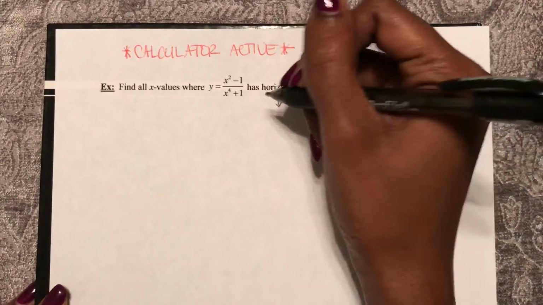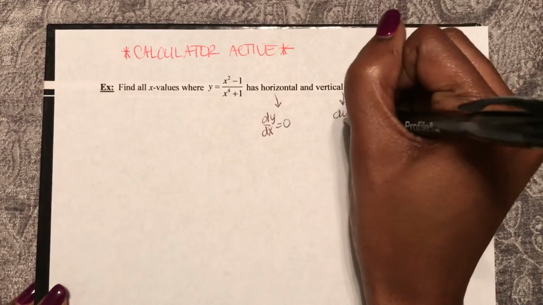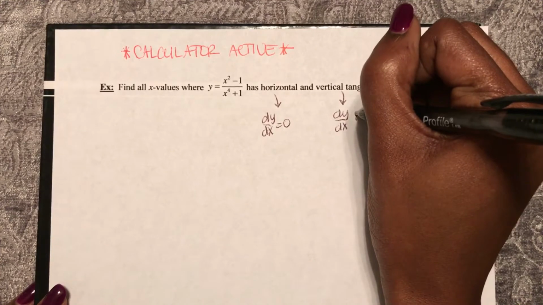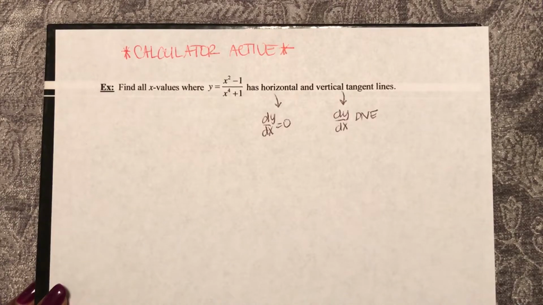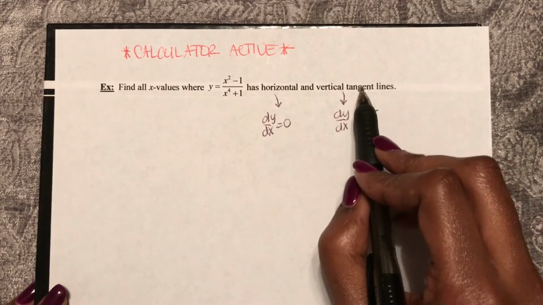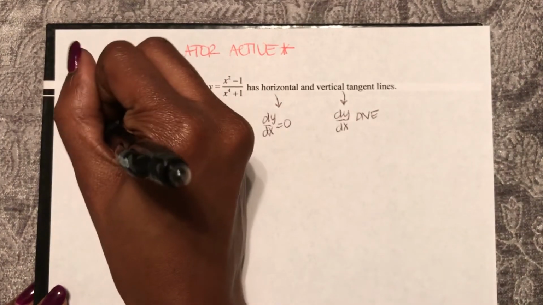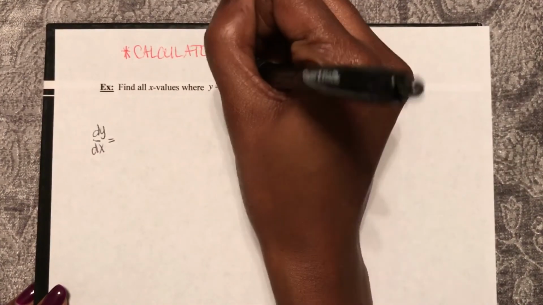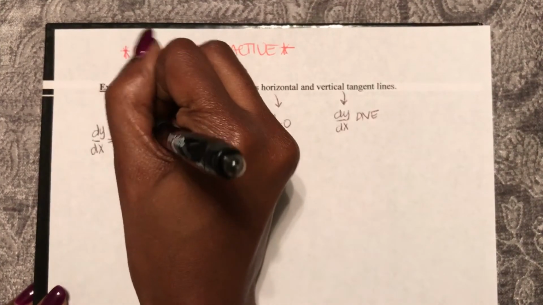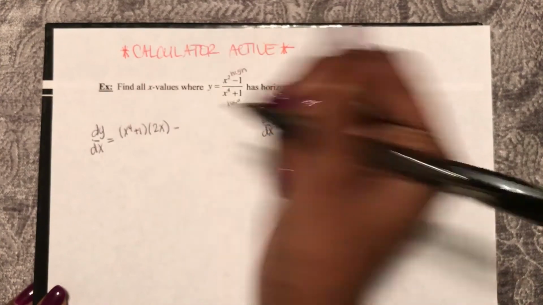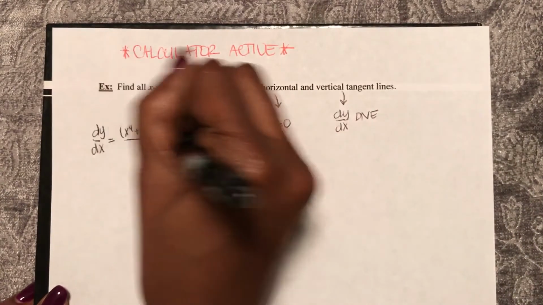So this is when dy/dx equals 0, and this is when dy/dx does not exist as a quantity. Our slopes are 0 for horizontal tangent lines and do not exist for vertical tangent lines. So what is dy/dx? dy/dx equals, if I think of this as my high and this is my low, low d high minus high d low, square the bottom,